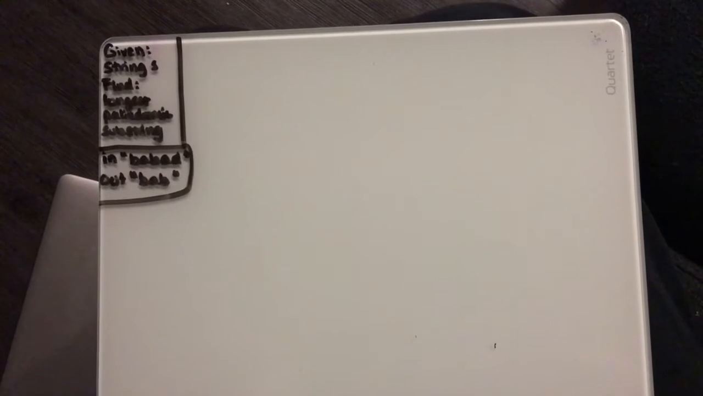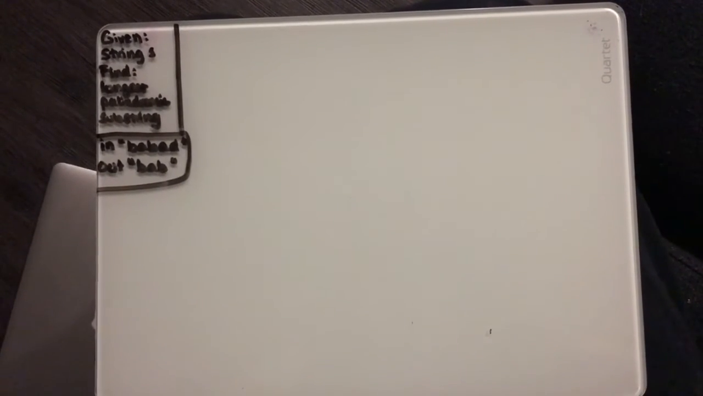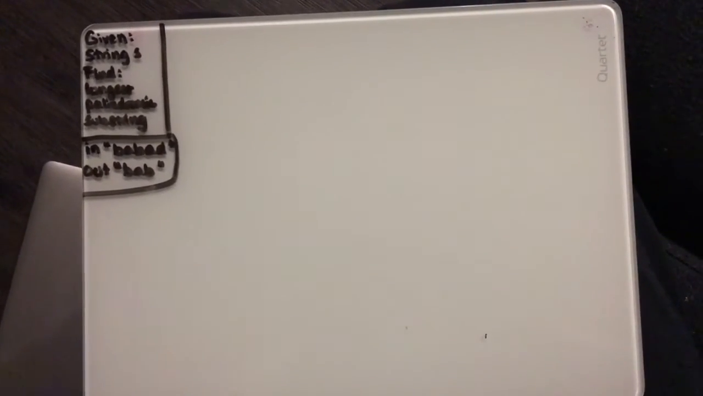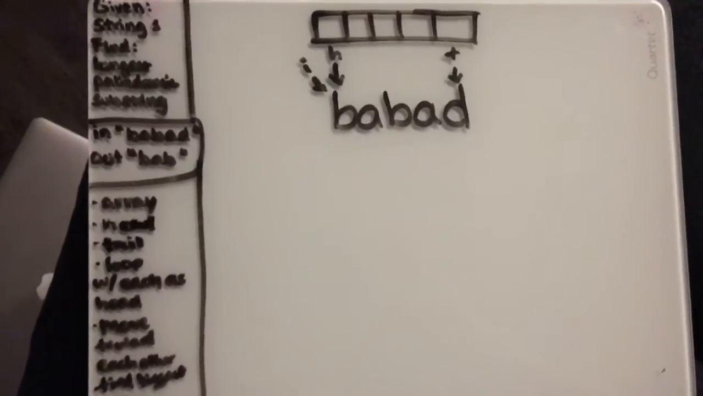For this problem, we're given a string S and we need to find the longest palindromic substring. So an example of this is the input BABAD and an output of BAB or ABA. I'm thinking about solving this by creating a new array,